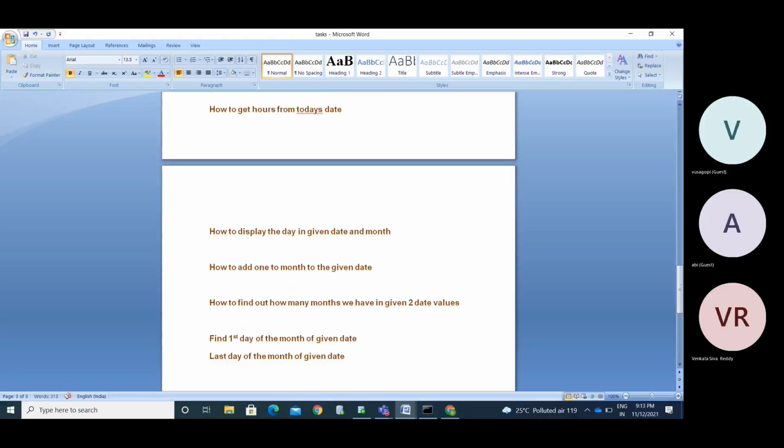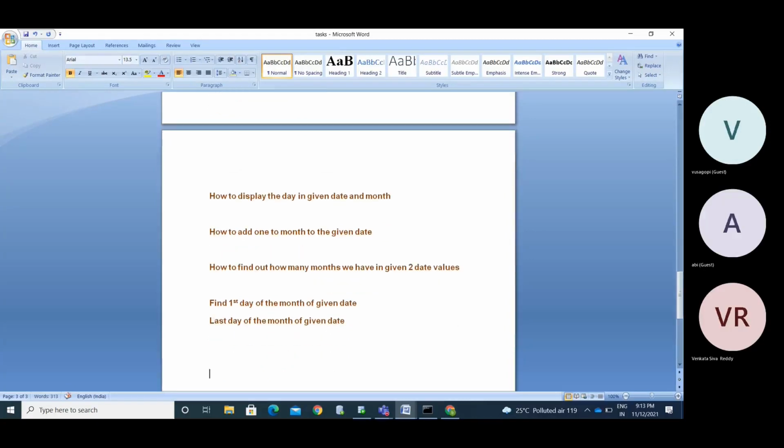So this is another thing. How to display the duplicate records from the table.